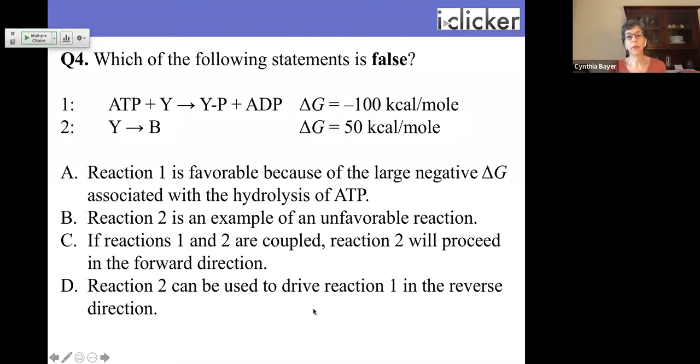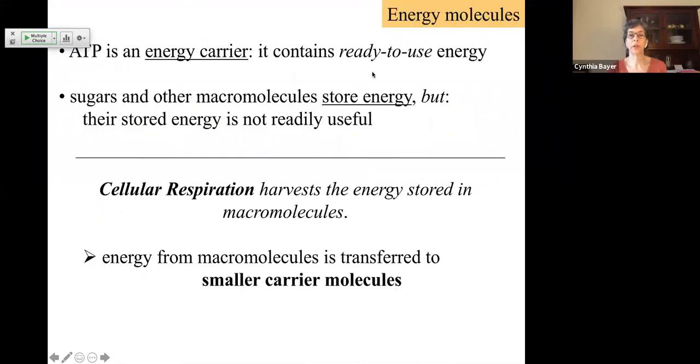So ATP is an important energy carrier, a molecule of usable energy in the cell, ready to use energy. Of course, we take into our body and into our cells other high energy, complex, high free energy molecules. Those macromolecules like polysaccharides and polypeptides and fats are high in free energy because they're storing energy in their chemical bonds, right? The potential energy in their chemical